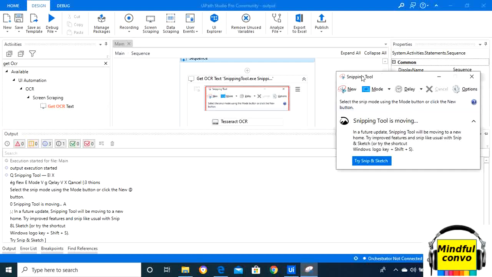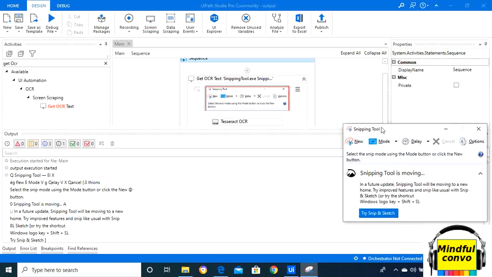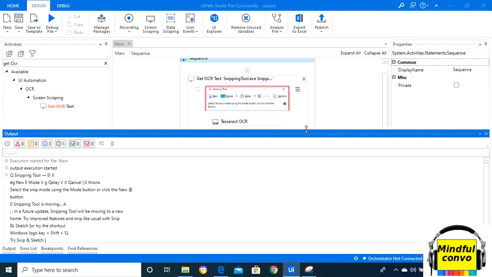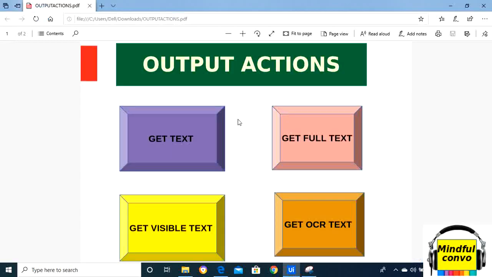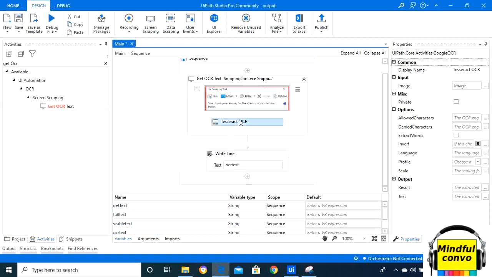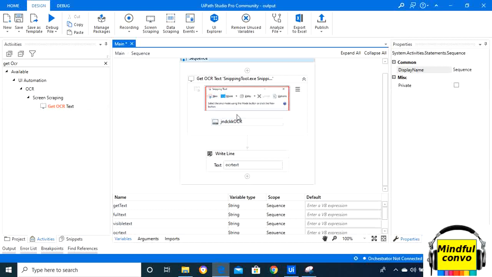It can also see and capture the elements from the image too. As in the OCR method we have various other engines too, like Tesseract OCR, and we can also mention any name here and then use it.